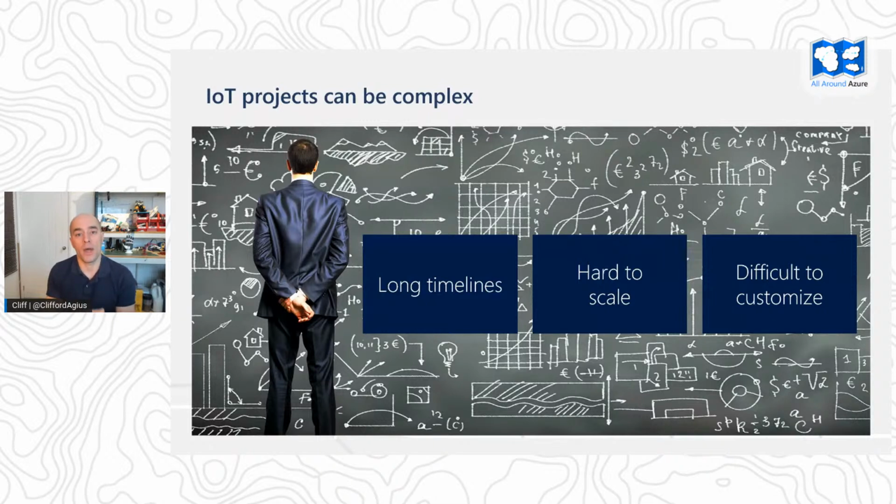You then need to write the software that's on the IoT device that's sending it to the cloud. You then need to worry about the network connection. Is it going to be over a hardware Ethernet connection? Is it going to be Wi-Fi? Is it going to be Bluetooth? Is it going to be over a radio frequency back up to the cloud? So once you've built your proof of concept, it works, you get sign off from the board to then go and roll this out across